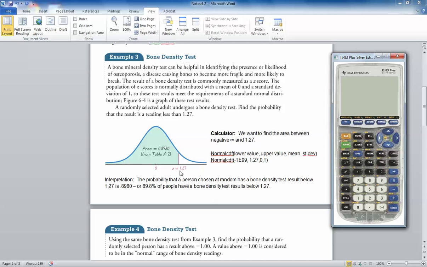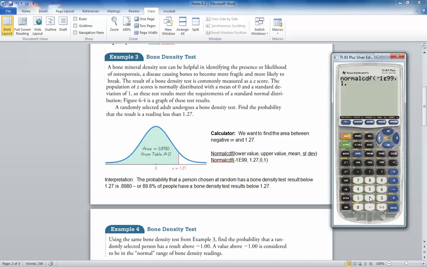Your calculator doesn't have an infinity key, or many of them don't. So what we have to use instead is negative 1 times 10 to the power of 99, and I'll show you how to get that on your calculator. That means a decimal point followed by 98 zeros and then a 1. So that's as small as we can get. That's negative 1 times 10 to the 99th, which is negative infinity, or close enough to it. So on our calculator, our normalcdf, for negative infinity we type the negative 1. The E scientific notation is right here above the comma, so we hit second, comma, and then 99. That represents negative infinity, comma,